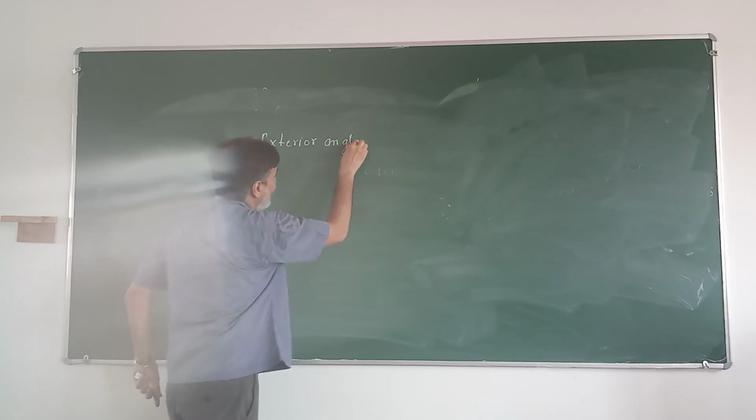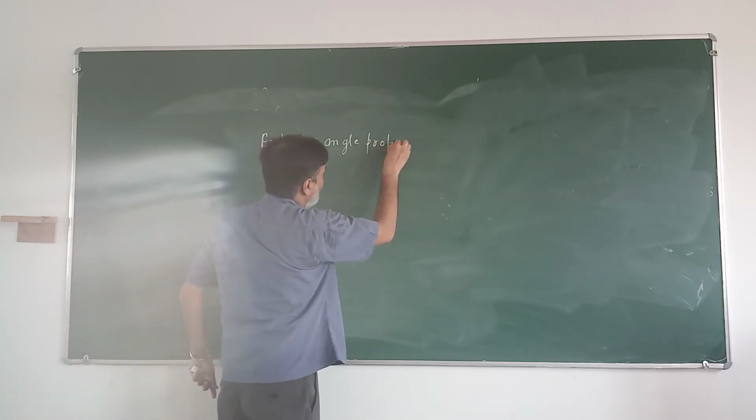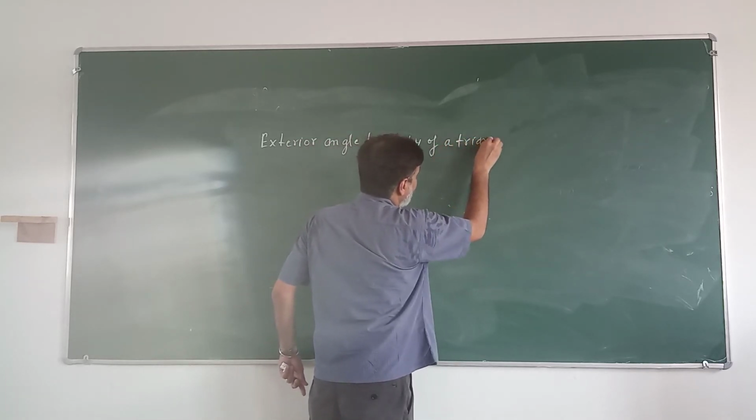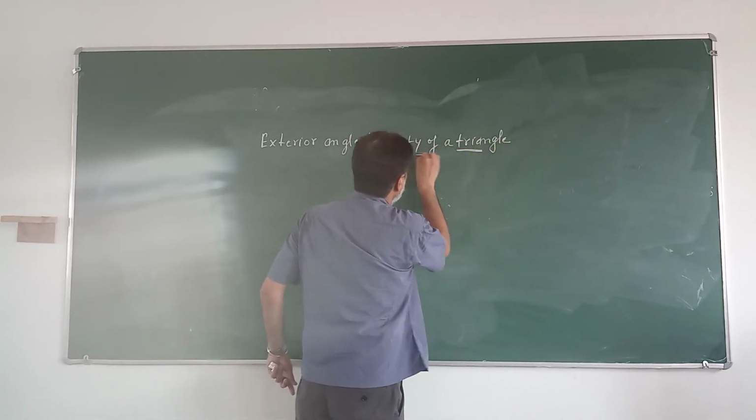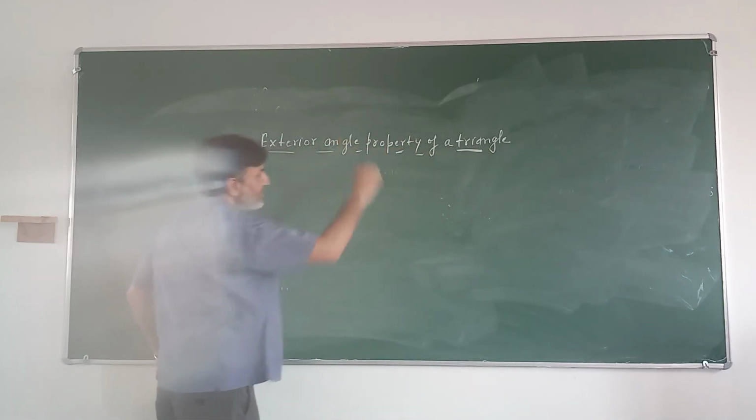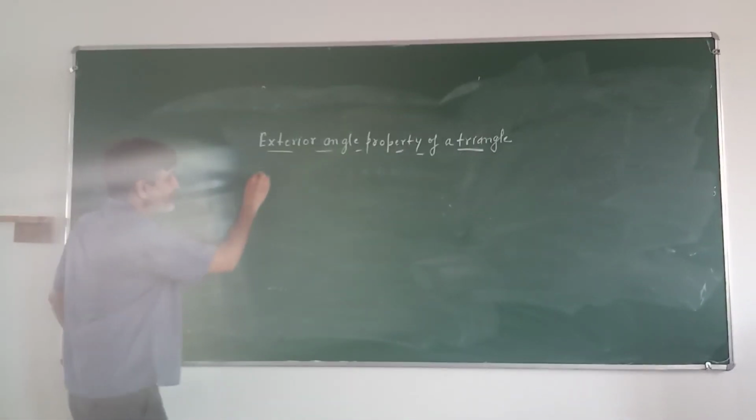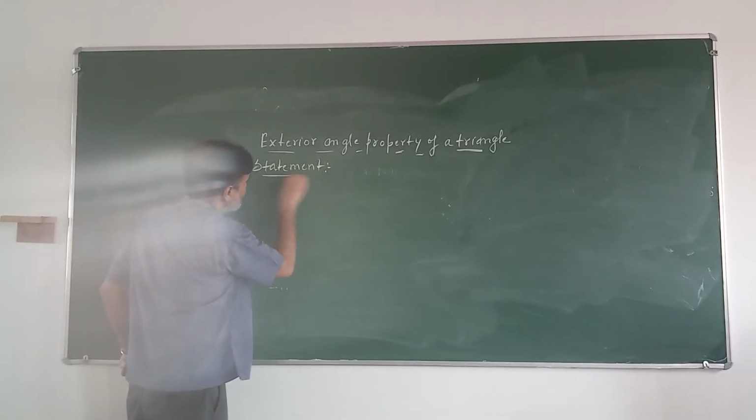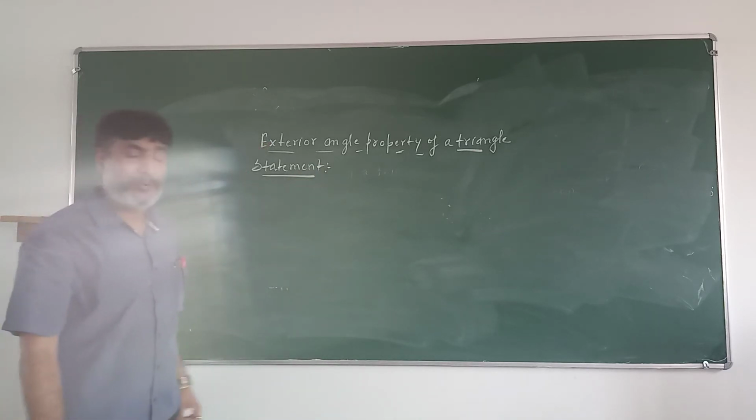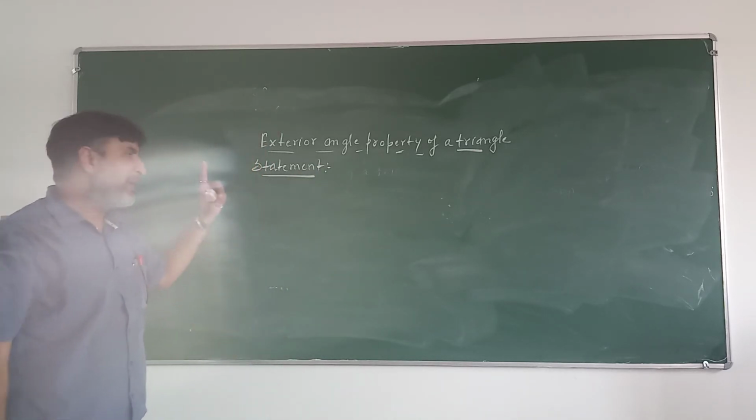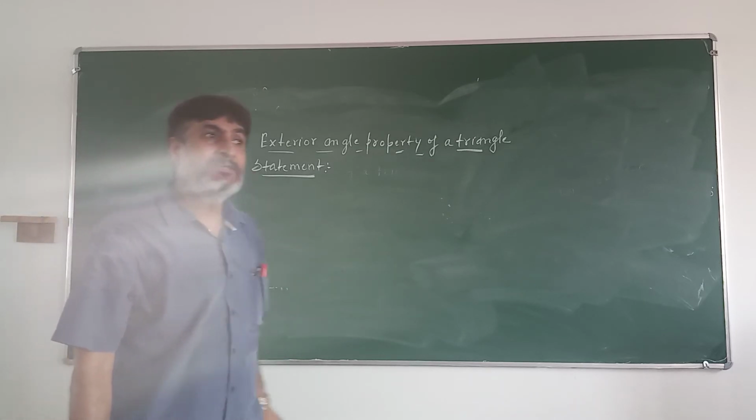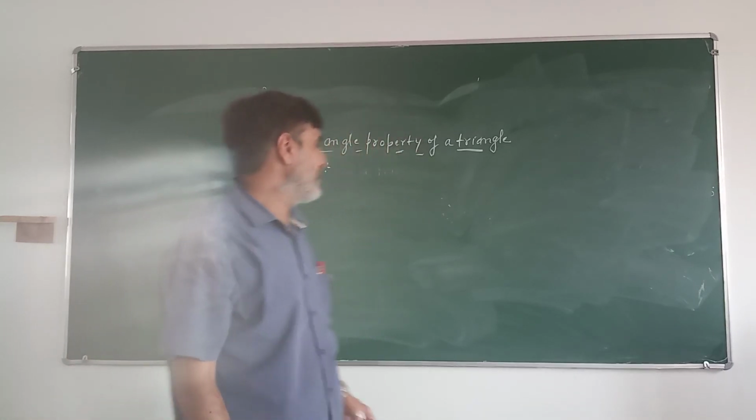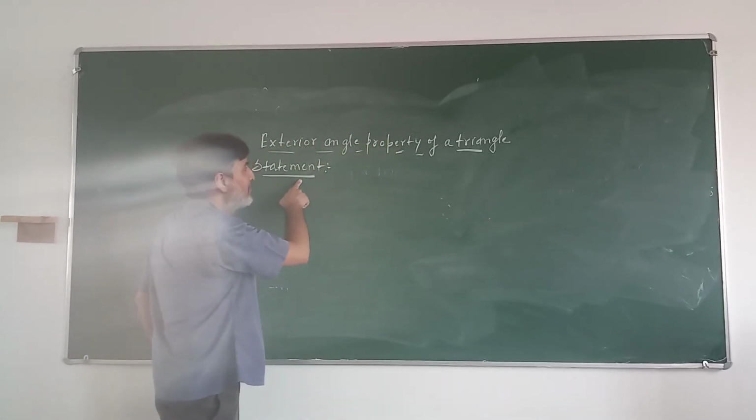Exterior angle property of a triangle. What is the statement of this theorem? According to exterior angle property of a triangle, every exterior angle of a triangle is always equals to sum of interior opposite angles. So, according to statement,